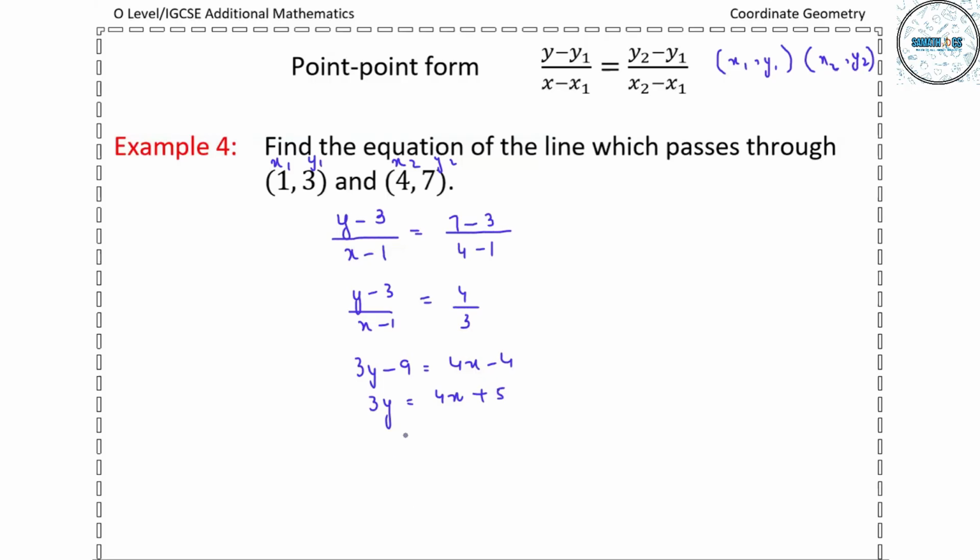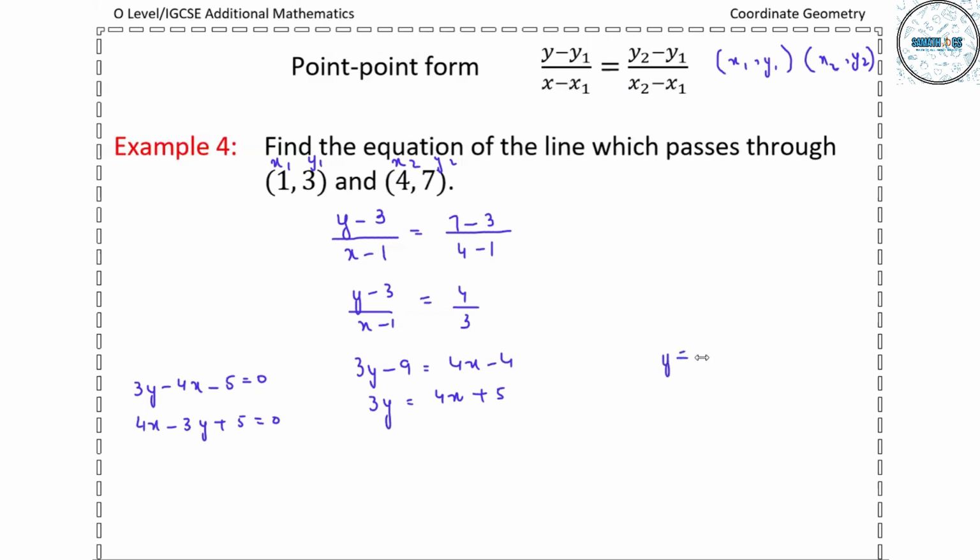We can leave the equation in this form, or we can write it as 3y minus 4x minus 5 is equal to 0. Or we can write it as 4x minus 3y plus 5 is equal to 0. We can change the sign of all this. Or we can write it in the form